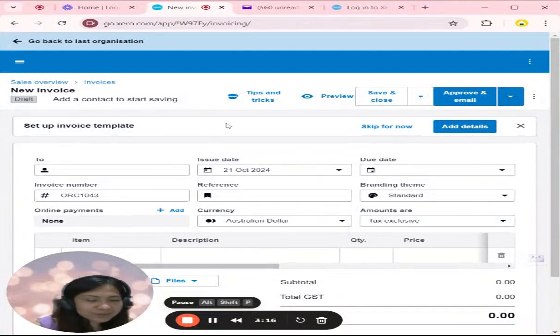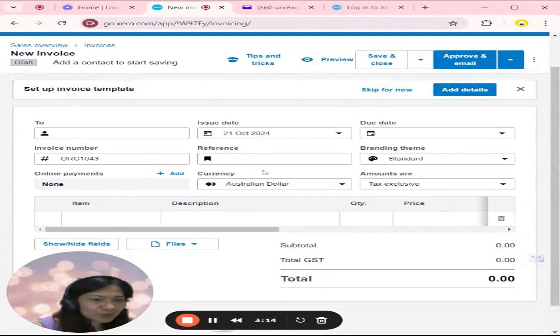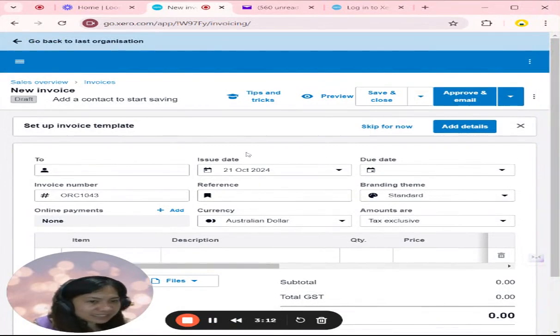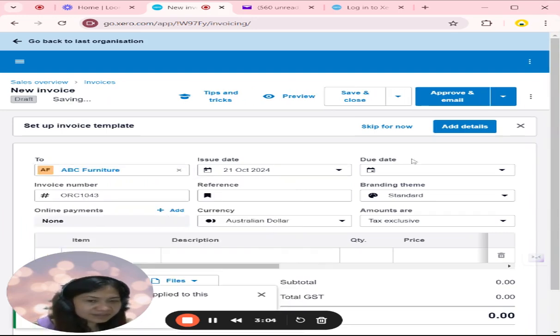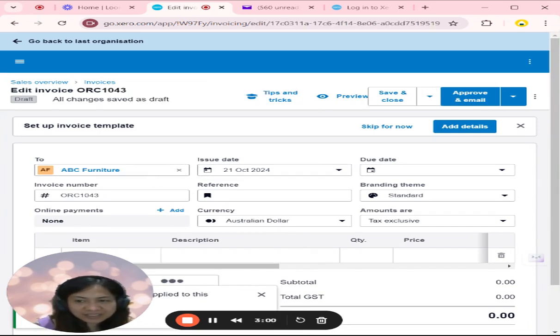Again, here's the invoice page where you can manage all your billing. In the to field, pick your customer. You can also add a customer and enter their details. Then,